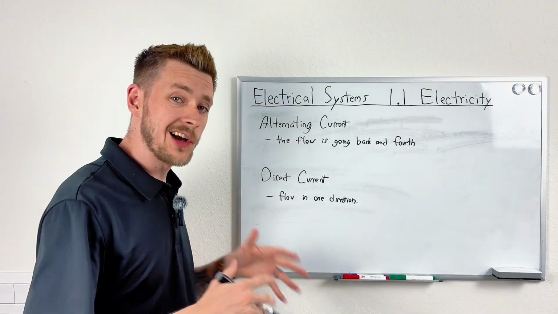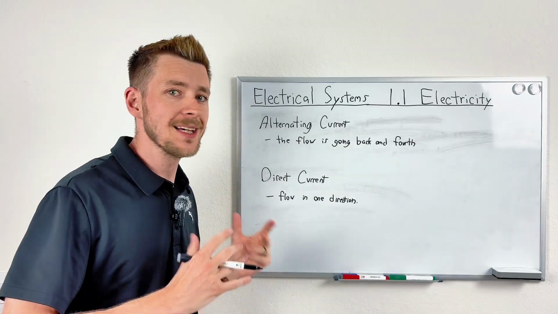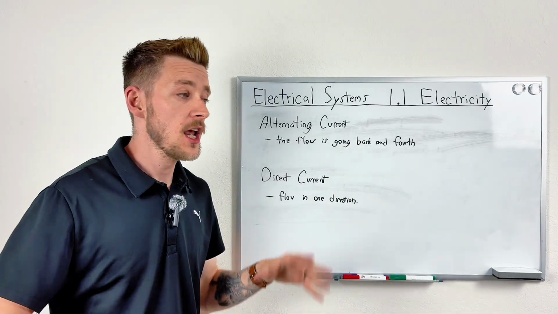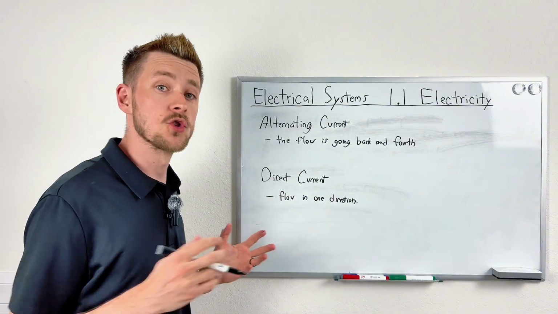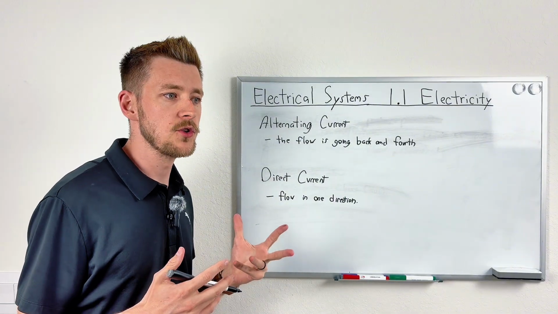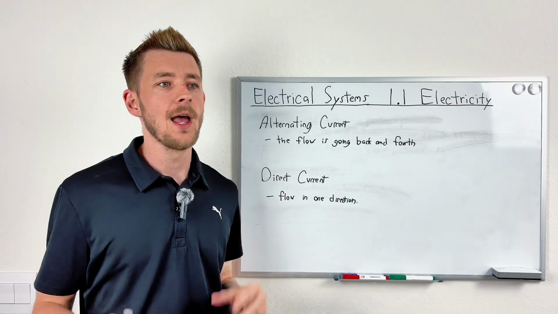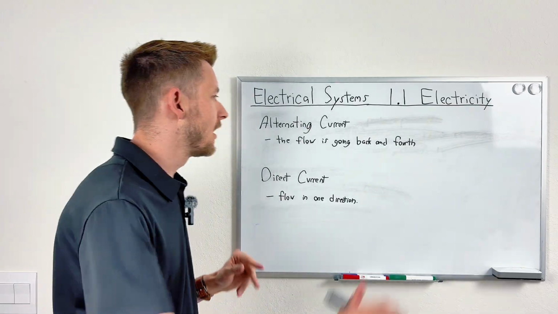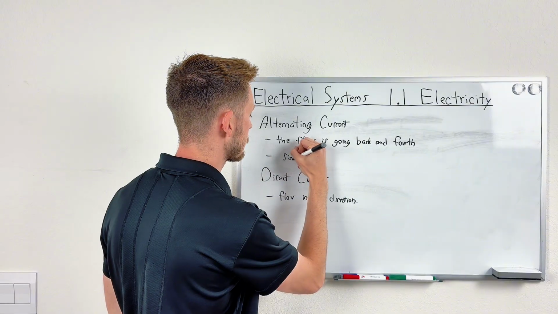Now, what are the pros and cons? Well, basically, when it comes to alternating current or AC, it's going to be a lot easier to step up the voltage in order to run that for a longer distance. When it comes to direct current, that's going to be more utilized for smaller, sensitive electronics where you don't want any of that. And the reason why is because when it comes to alternating current, we actually have what's called